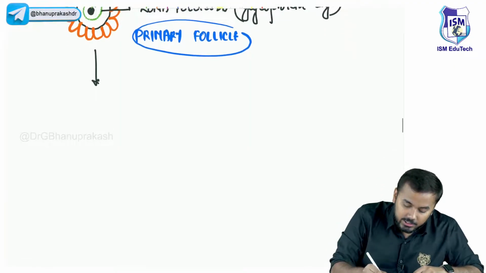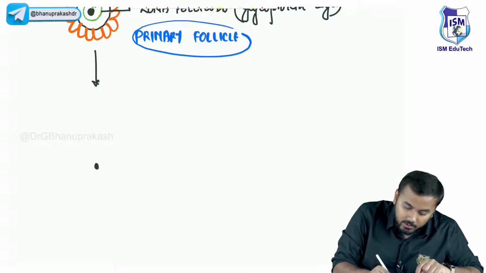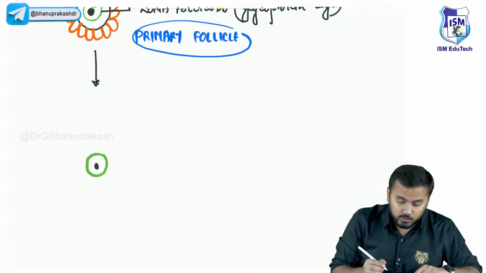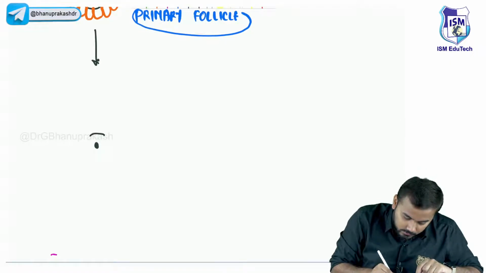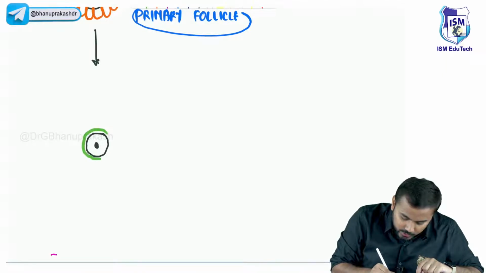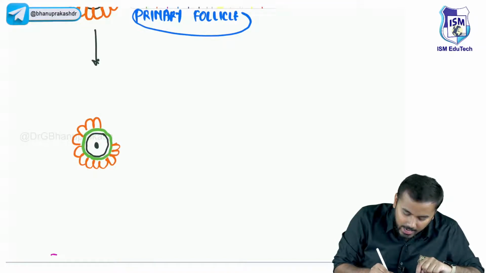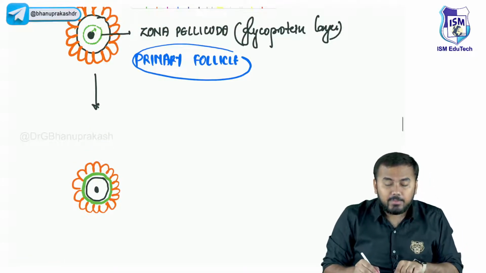In the next stage, this is a primary oocyte. Surrounding the primary oocyte, I have got this layer. What is this? Zona pellucida, right? So I have got this layer called zona pellucida, and after that, these are the cuboidal cells. Now look, a magic happens here. What is that magic? The magic is that in the late primary follicle stage,